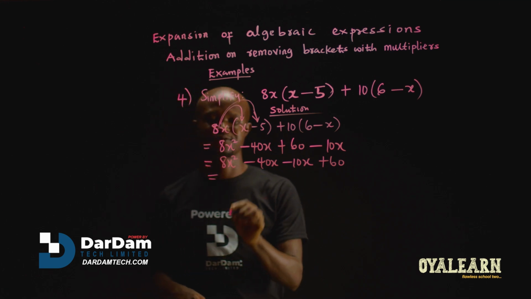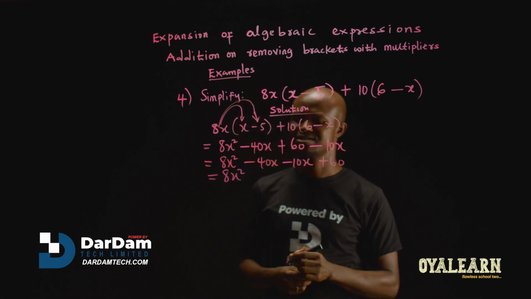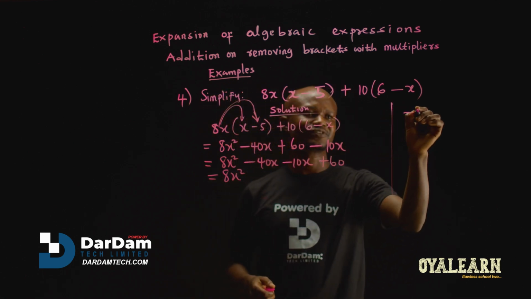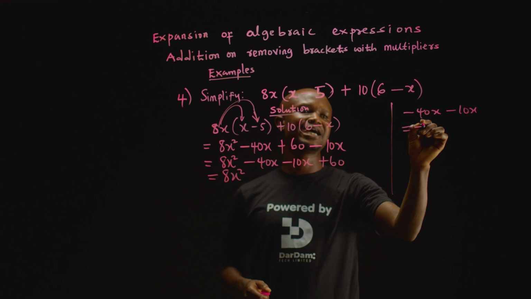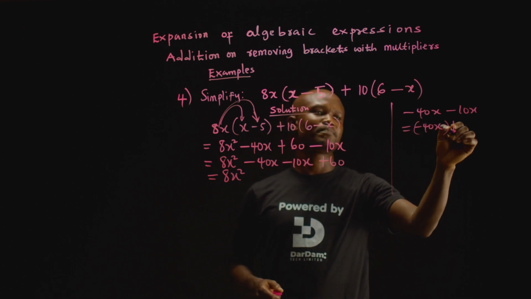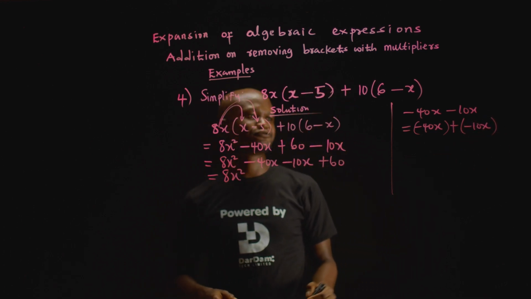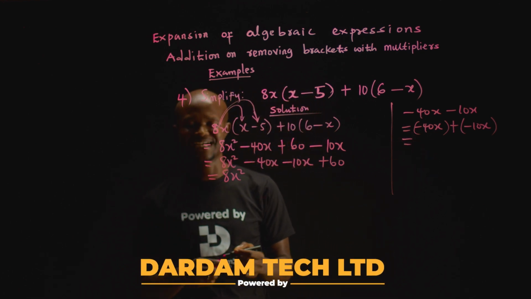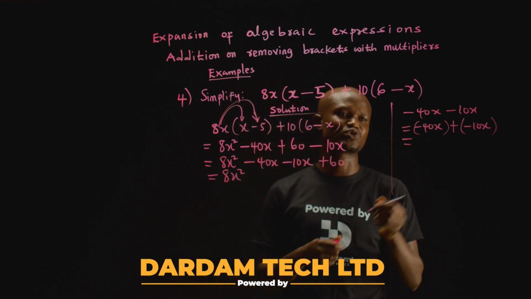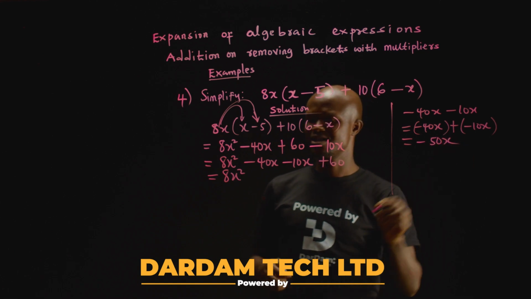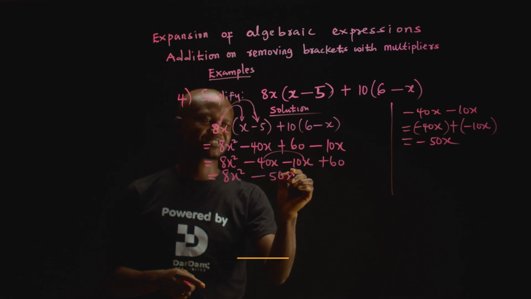So in this case, we have 8x squared. Then we have minus 40x minus 10x. This is the same as minus 40x plus minus 10x. Normally 40x plus 10x gives us 50x, so minus 40x minus 10x will give us minus 50x. So the middle term, the combination of these two, becomes minus 50x, then